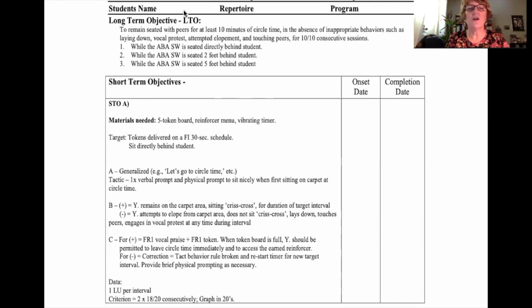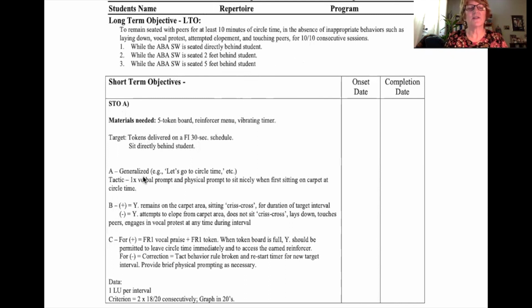So for this long-term objective, they then made this short-term objective. First, they're just going to have the child sitting there for 30 seconds only. And then they let the child go away and they reward and have a big party. So here is the A, the B, and the C. The A is the antecedent, or the cue that you're going to give. The B is the behavior that the child's going to have. And the C is the consequence for whatever that behavior was.